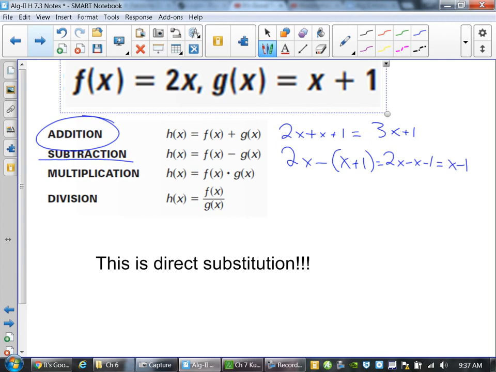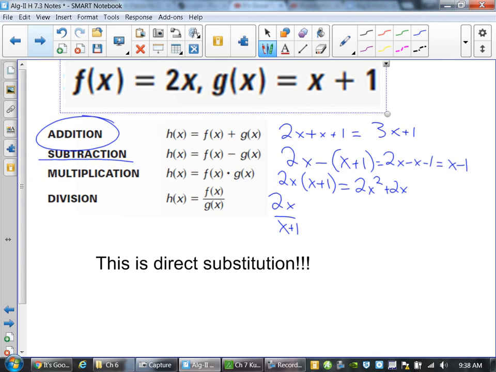What do you do if you multiply? Well, exactly, you just multiply. It's distributed. And you get 2x squared plus 2x. And last but not least, dividing. You just divide them, right? It's 2x over